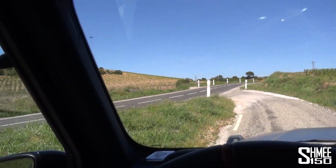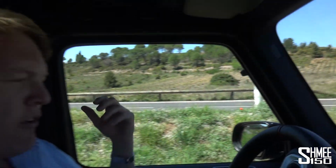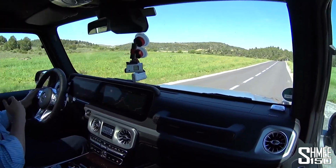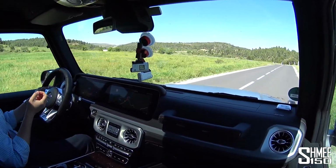Let's go and drive it some more and experience the different modes on the road side of things with the G63. The first thing I'm going to say is that fairly obviously, if you have a windscreen that is raked this vertically, you get a whole lot of wind noise when you're driving along at speed. That's not exactly surprising, but then you have this high up seating position. It just feels, it's not actually that big a car, you have to remember. The G-Class, it's an SUV, but it's not a huge, huge, huge SUV, so it's actually quite a nice car to drive in town environments, which is why you see so many in London, Dubai, a lot around Frankfurt, to